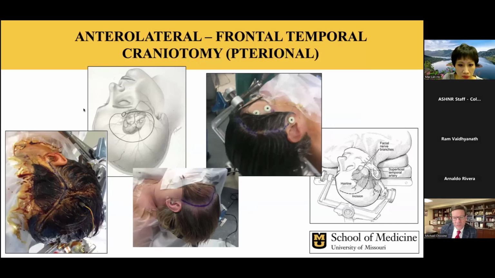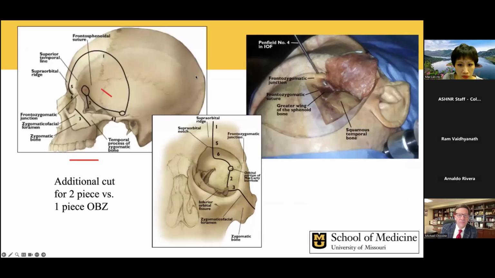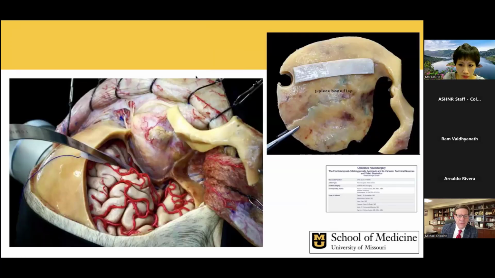So here's kind of a traditional frontotemporal approach, typically incisions behind the hairline. We can do adjuncts to that, such as the addition of the orbitozygomatic approach, where we can take off the orbital rim and zygoma to give a more expanded approach, as you see in a case like this, the right frontal and temporal lobe dura and the orbit there, in various stepwise techniques that we use to expose that anatomy. And here a beautiful illustration from Aaron Cohen-Gadol in a cadaveric dissection, how we can display that anatomy to get